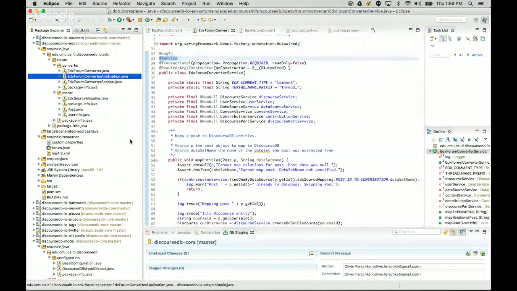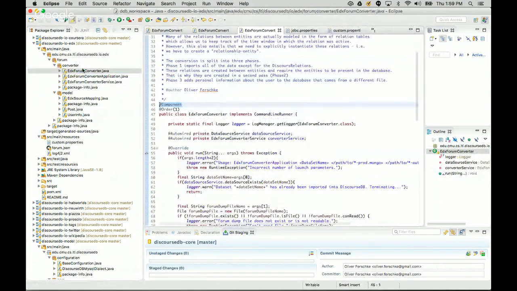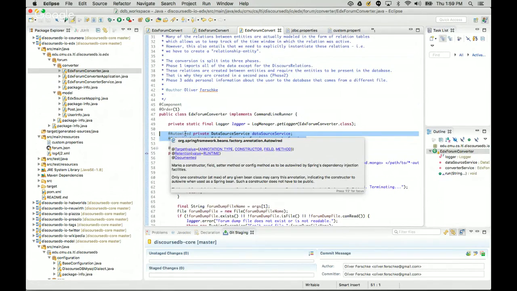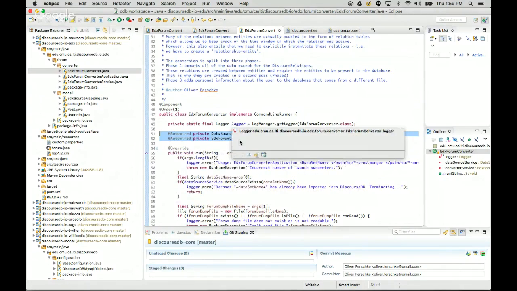And what it then does, it takes care of instantiating the objects that are annotated with an auto-wired annotation. And that's a Spring concept that means that since Spring takes care of establishing the database connection and managing transactions, Spring should also be